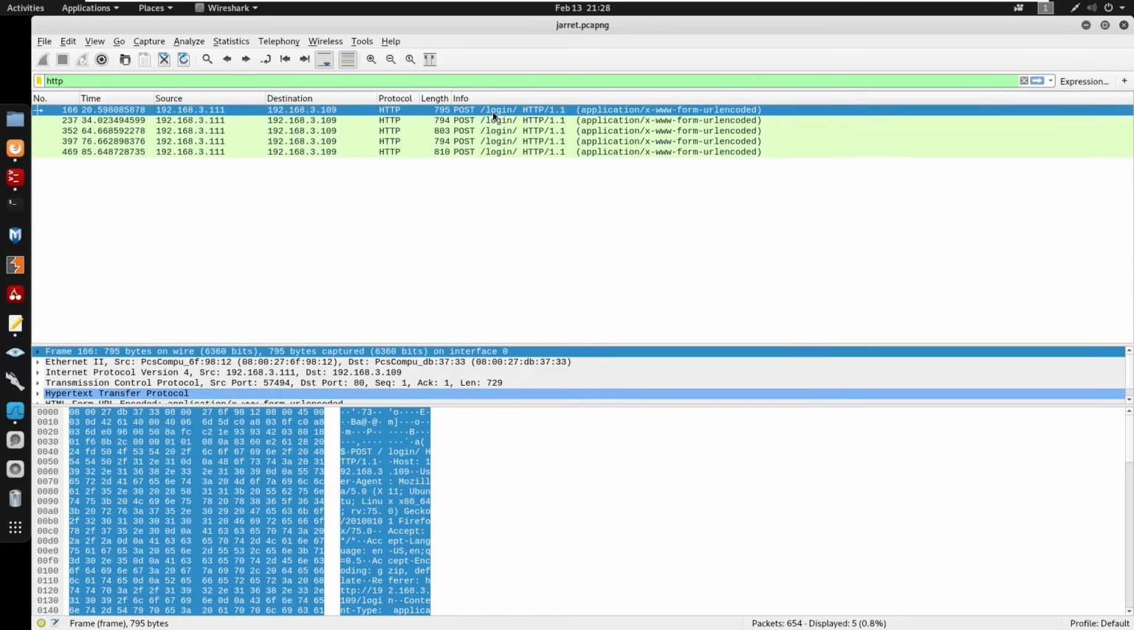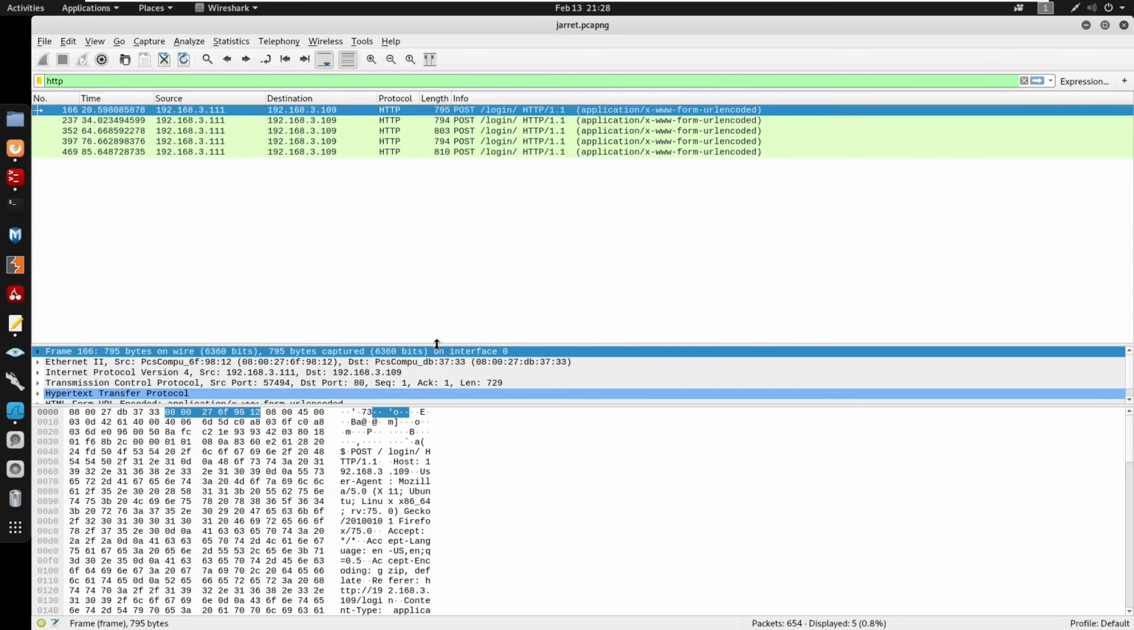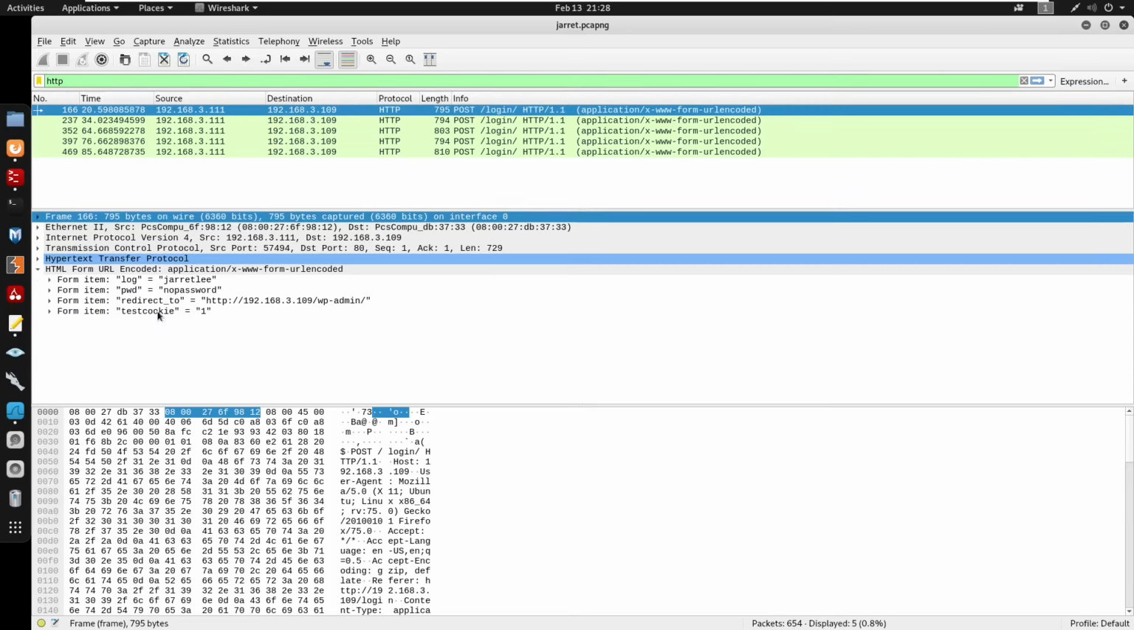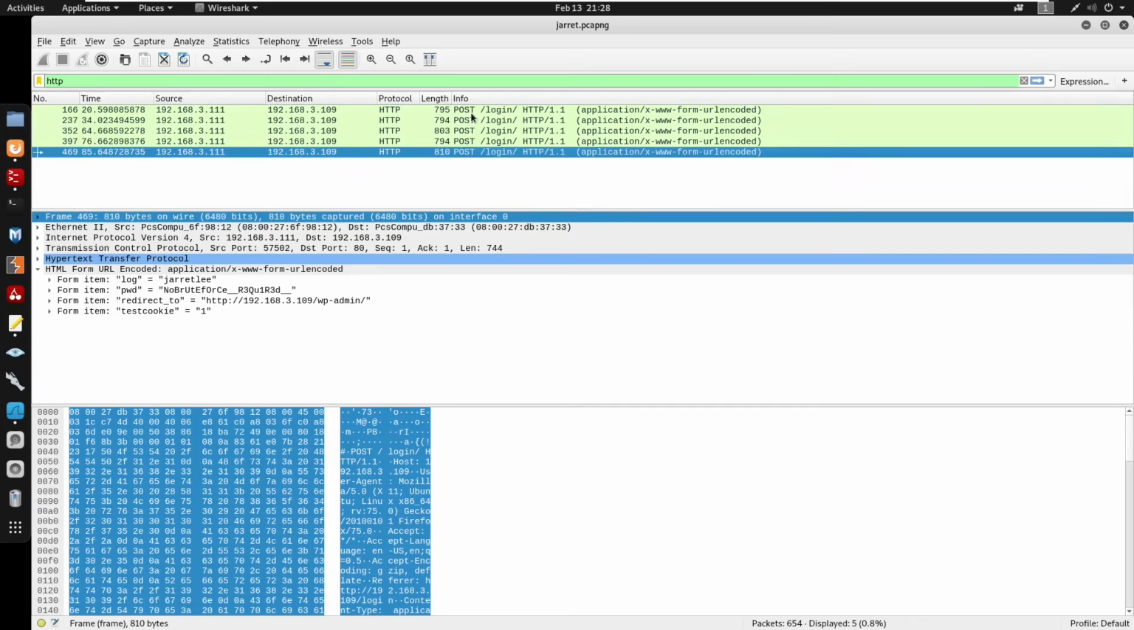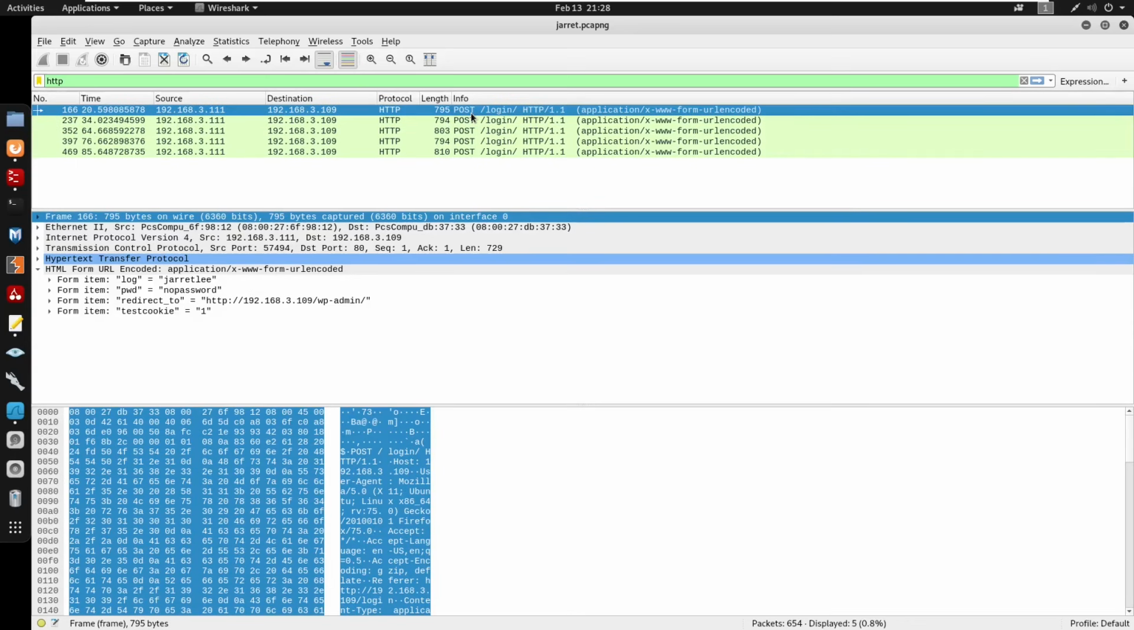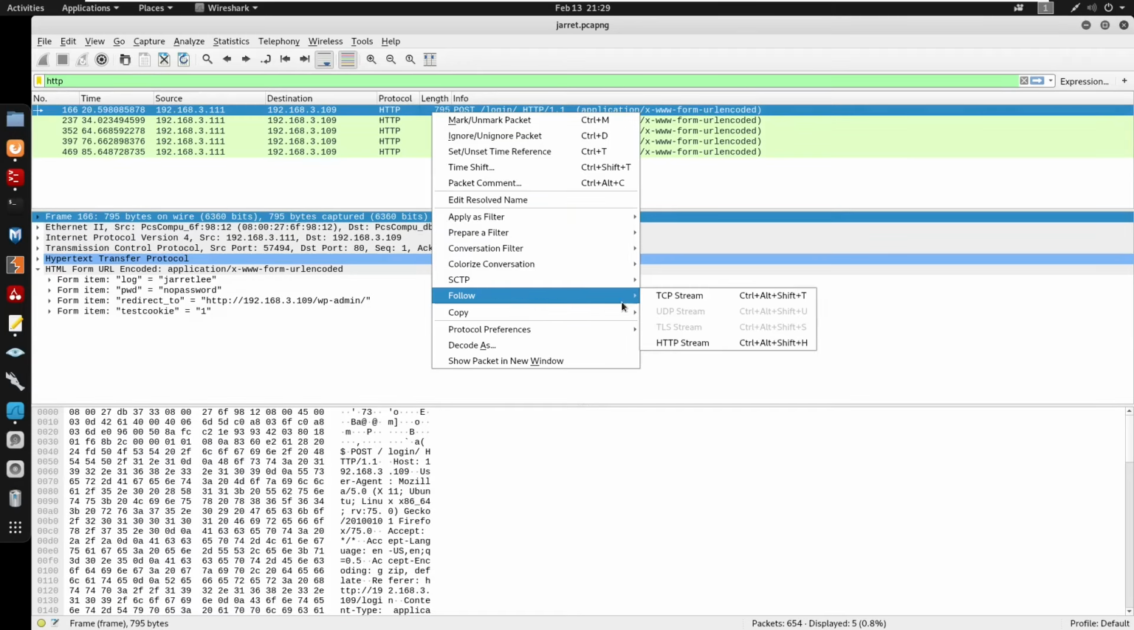And it does seem like we do have this /login. So I'm going to move this up, open this HTTP form URL encode. Clicking here, we can move this up and down. And we do have the form item, which we can copy the value. We do have a log. So I'm just going to go to follow TCP stream,